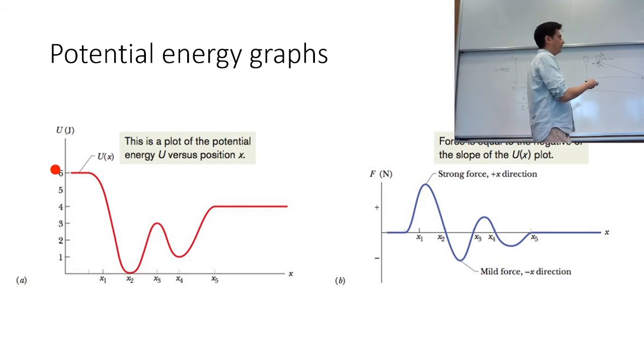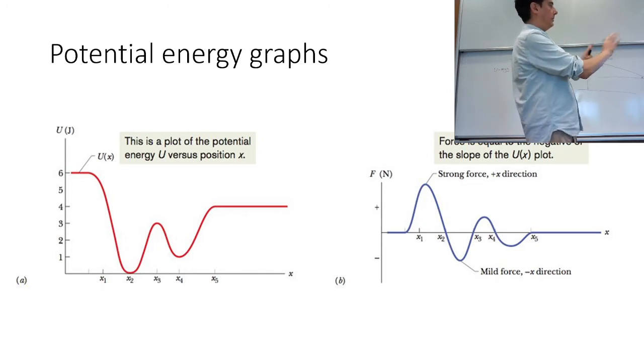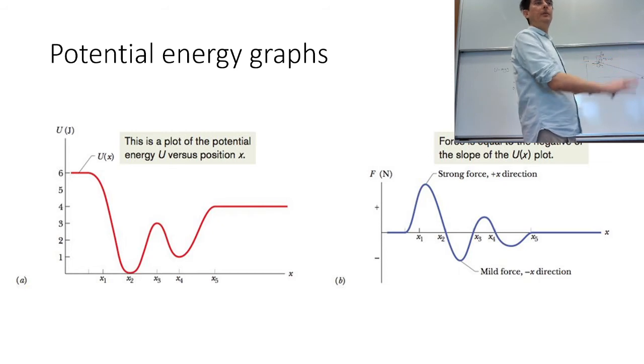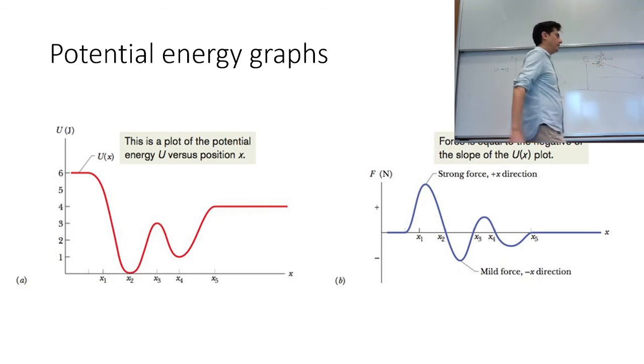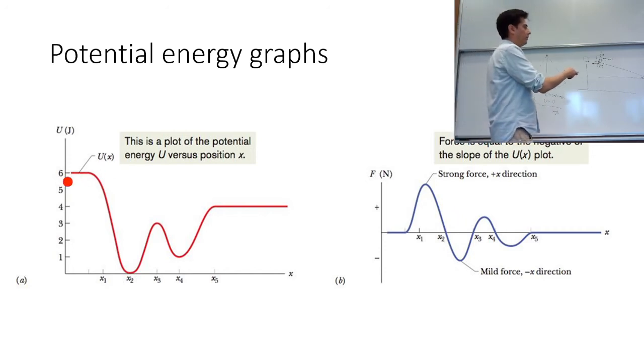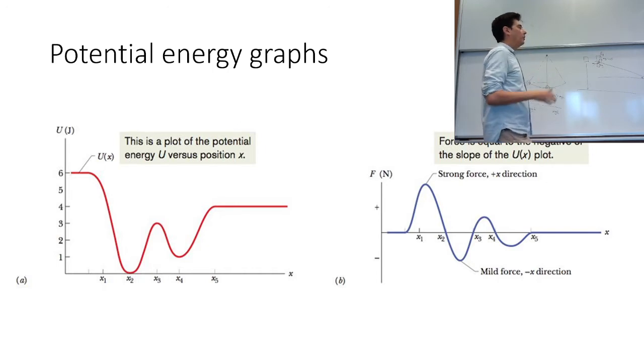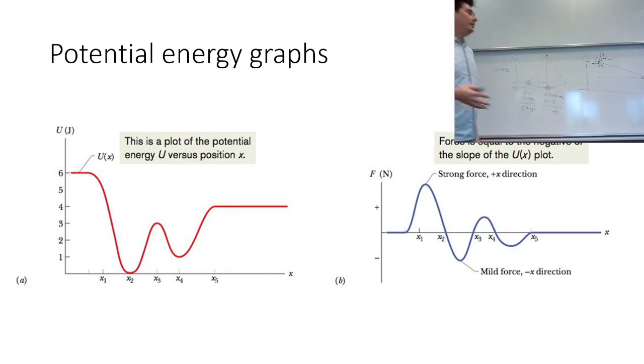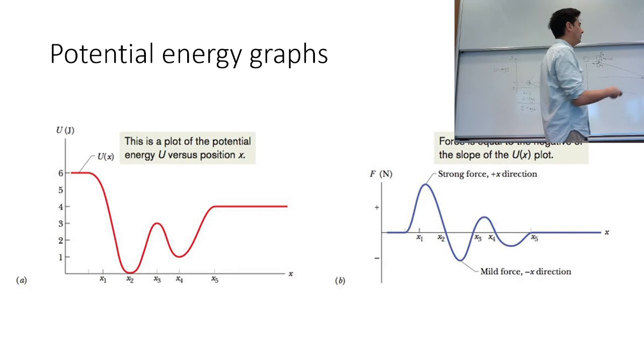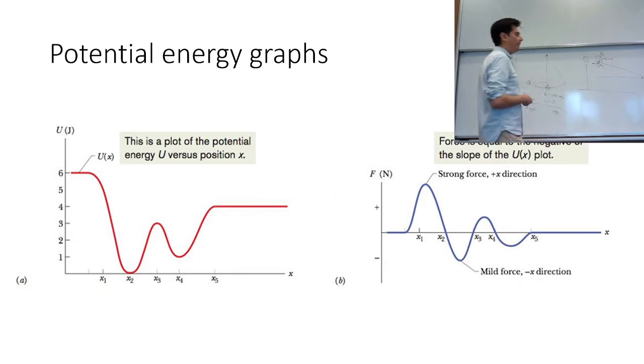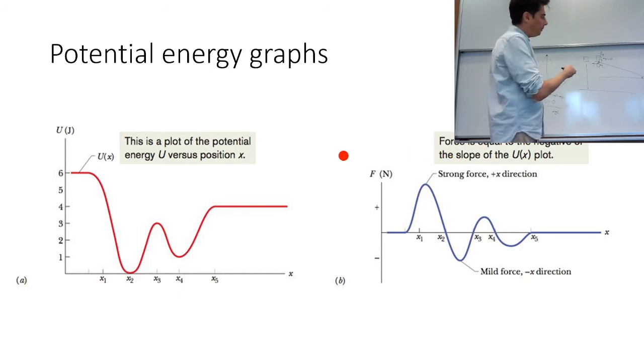So this is sort of an abstract view of potential energy, but if you want a concrete example, that's a good way to think about it. You've got a roller coaster track like this, it goes up and down. If you're looking at what the forces are, then you can just take the derivative of this. And so, for example, here, where it's flat, or maybe at the end also,